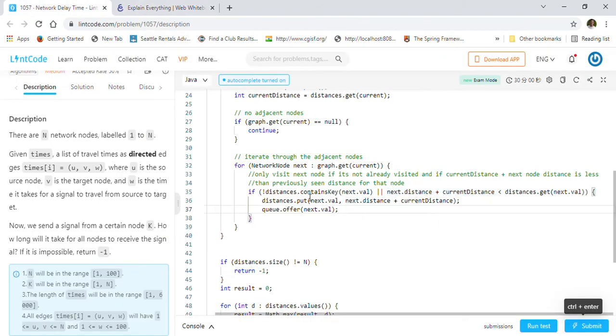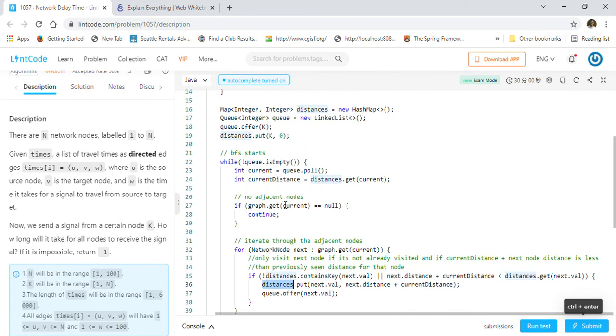If that is the case, we will add it to our queue and we will continue the BFS for that node, right? It logically makes sense because you don't want to visit a node where your distance is going to be more, if you already had seen a lesser distance. So that's what it is doing, and it will recalculate the distance of the node here: next distance plus current distance. So it will calculate the new distance and put that into our distance map.